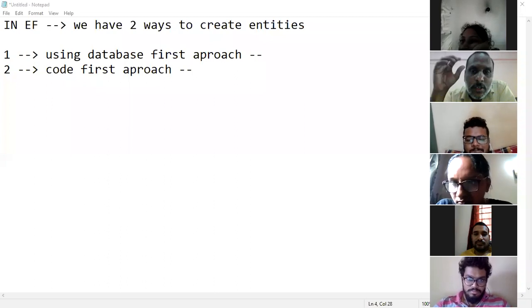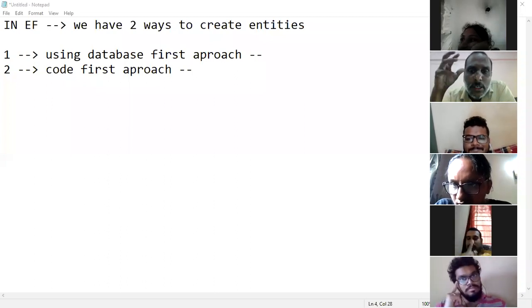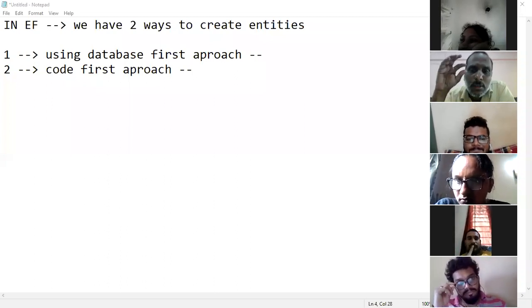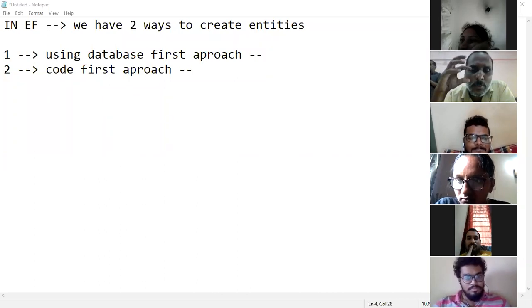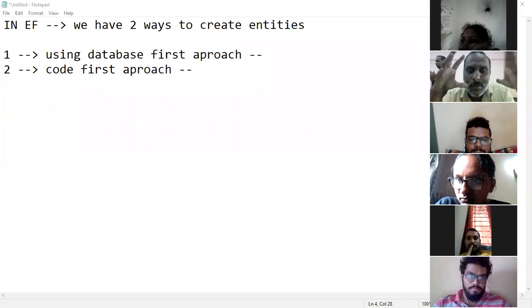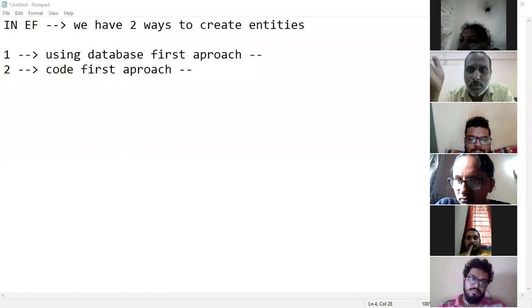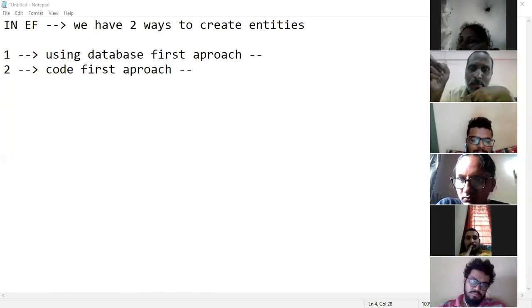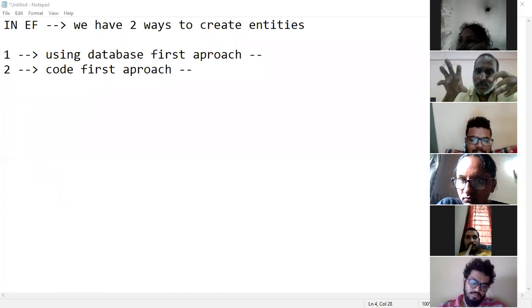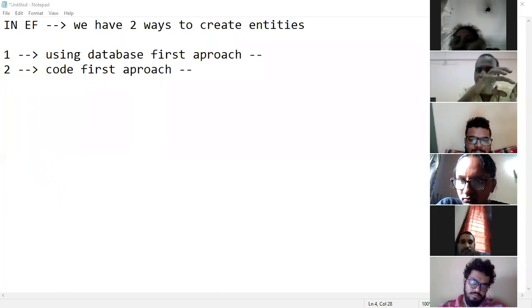So when you are dealing with entity framework, you need to decide whether to use the database first approach or the code first approach. I already told you, when the database is not ready, you go for code first. Okay. So when you create entities, automatically it will create the required database tables. Or when the database is already ready, based on the database tables, it will create entities.